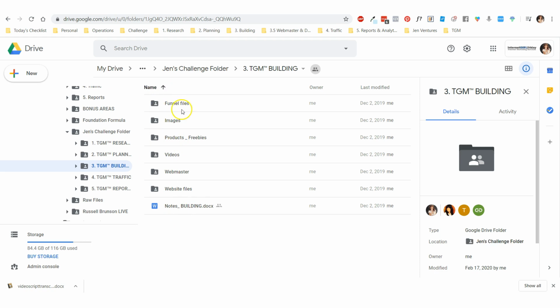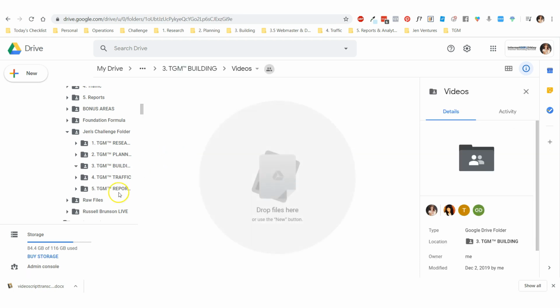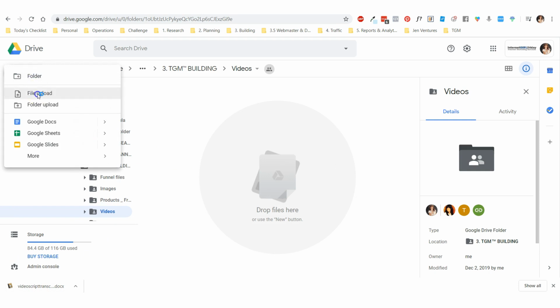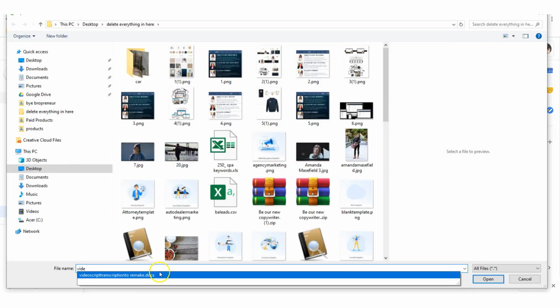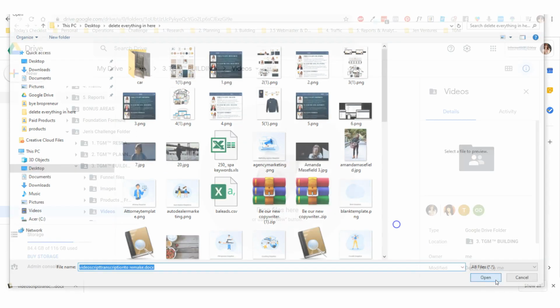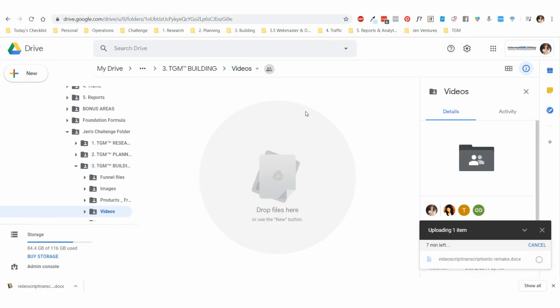So you could put it in your video folder, or in a copywriting folder if your copywriting team needs to change things. But I'll just upload it here. New file upload. And it was video transcription, open. And then it's going to